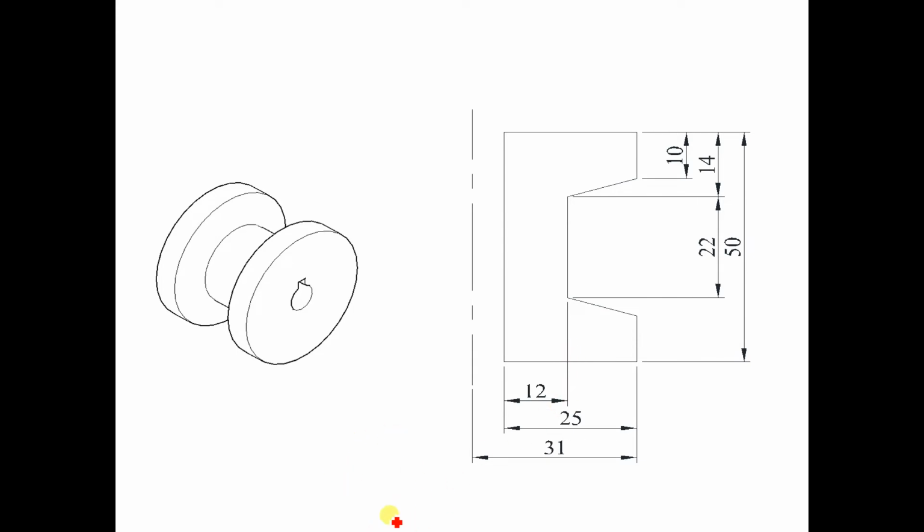So let's see. We make the sketch and the axis, and we revolve the sketch about the axis through 360 degrees.